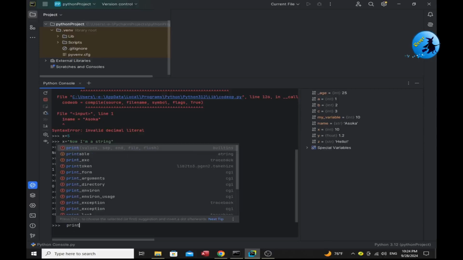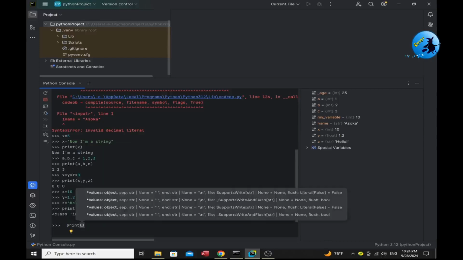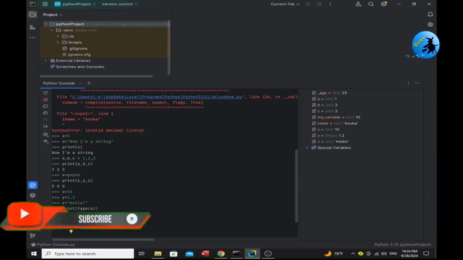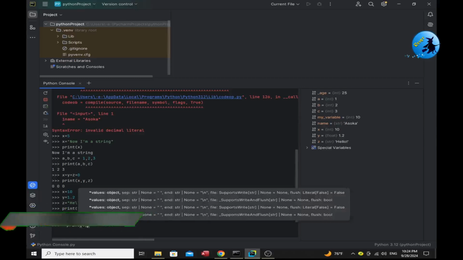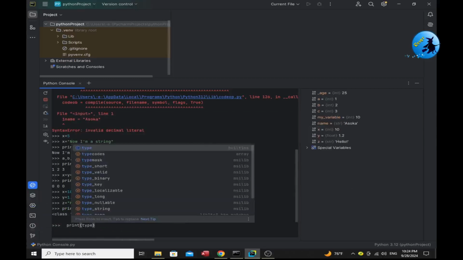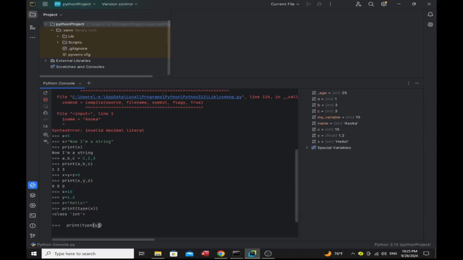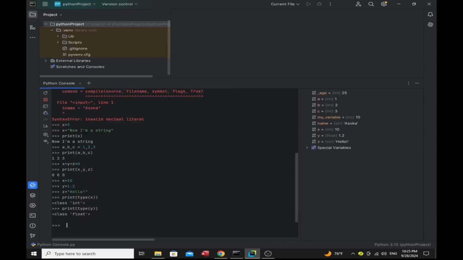So let's see the second one. Print type y. Then if y is 1.2, it means it's a float. Then the last one,